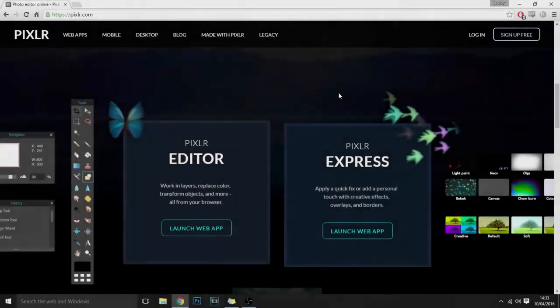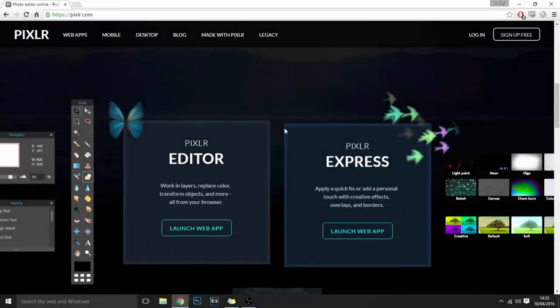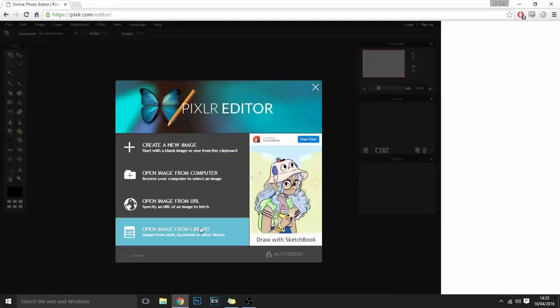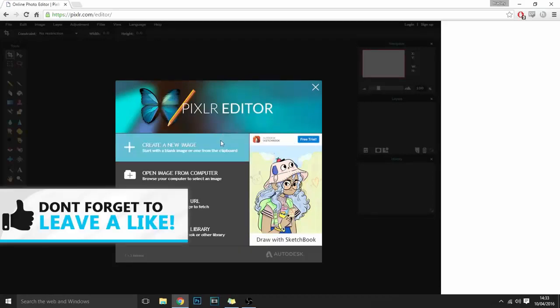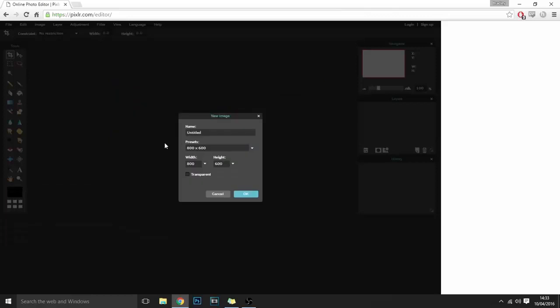Okay, so the next alternative I'm going to show you is Pixlr. Now Pixlr is actually an online editing program, and I'm going to launch the web app here. And as you can see straight away, it's looking like Photoshop. It's got a Photoshop feel to it, and the interface is actually really nice. Now we're going to click create a new image, and I'm going to set the preset to a YouTube thumbnail, which would be 1280 by 720, and I'm just going to type that in now,